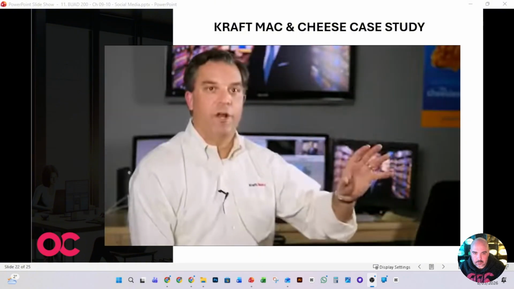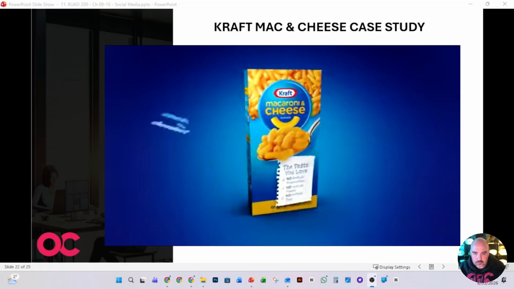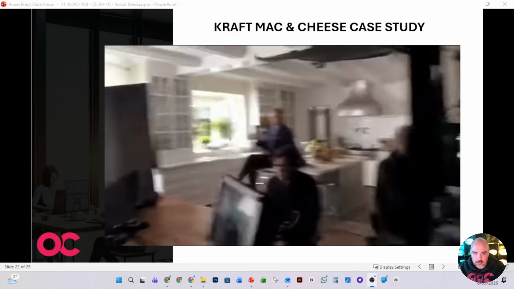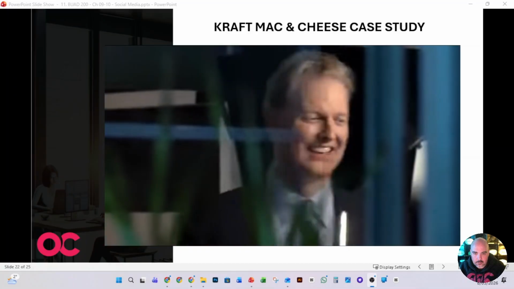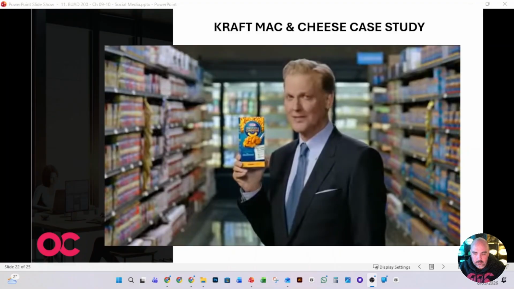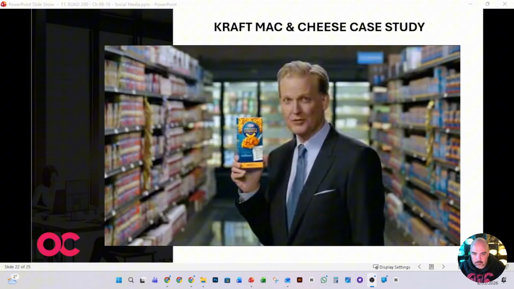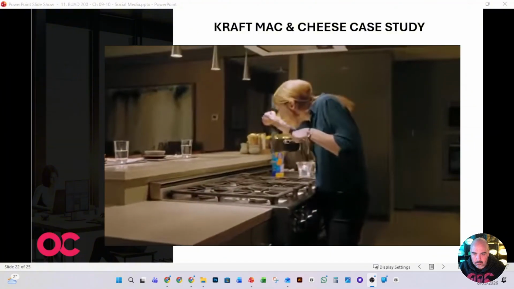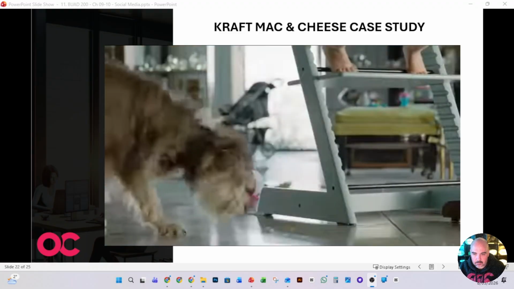Now it's going to be right on the front of our package that it's got no artificial flavors, preservatives, or dyes. Craig Kilborn is our spokesperson. He's just speaking to the fact that we've changed this product, people just haven't noticed. For the past 3 months, we've been quietly selling Kraft macaroni and cheese with no artificial flavors, preservatives, or dyes. And guess what? Moms didn't notice. Kids didn't notice. Dogs didn't notice.